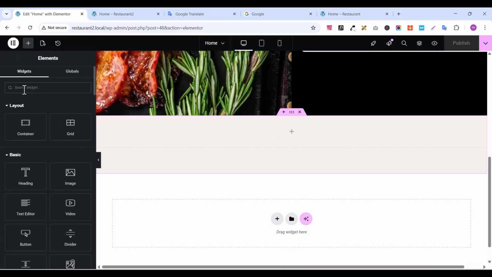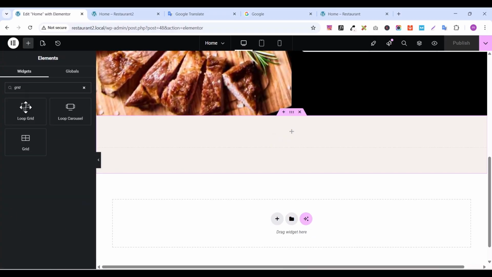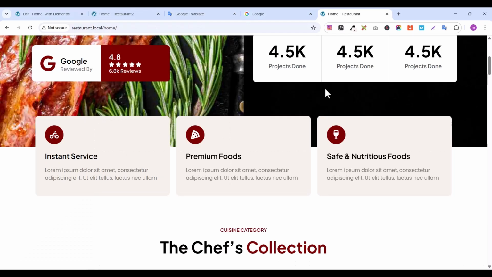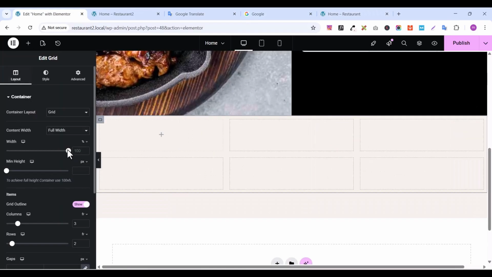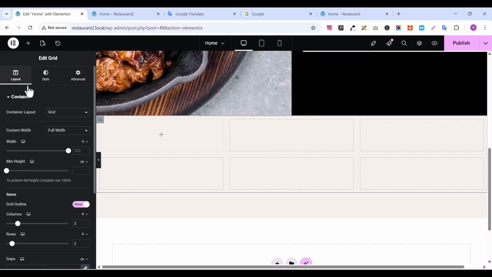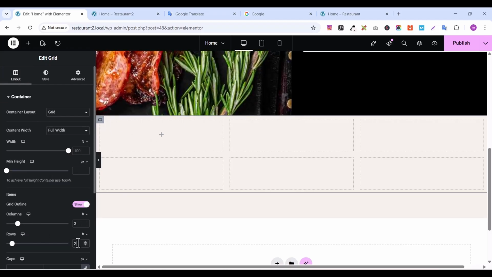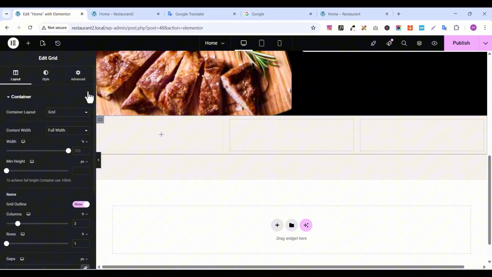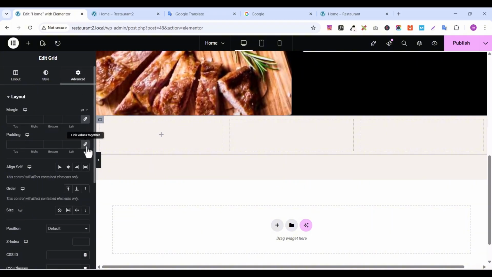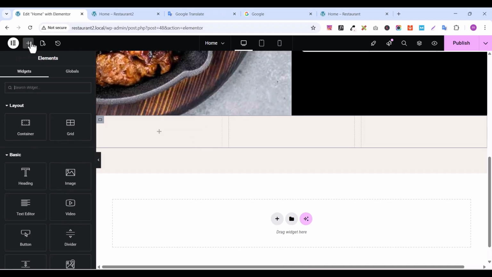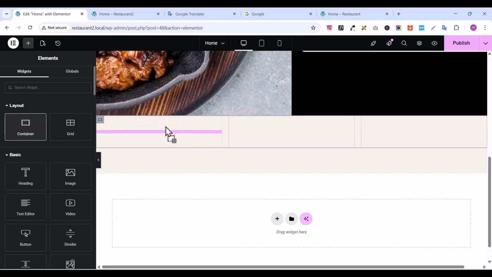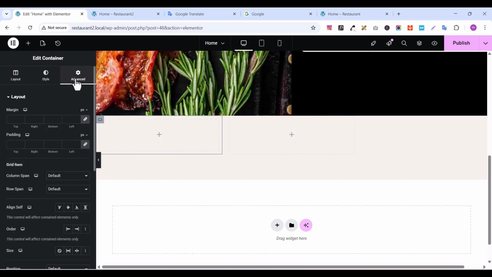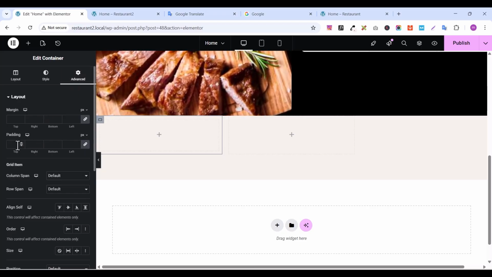After that, we have to add a grid inside this section. So let's go to our element panel, look for our grid element, this grid, drag it here like this. We need this 3-column, so let's go back, select the grid. On the column we need 3, on the row only 1 row that we need, so make it 1. So let's select the grid again, go to advanced and remove the padding of the grid. Let's go to our element panel, add a container inside that grid, and let's give some padding to that container by going to advanced, and let's give it a padding of 30,